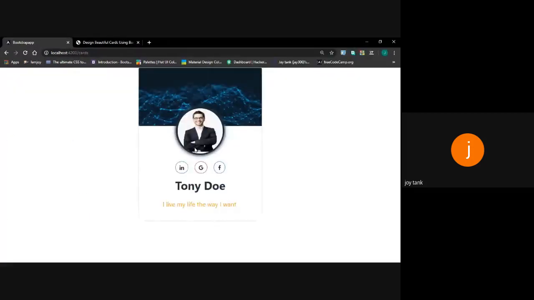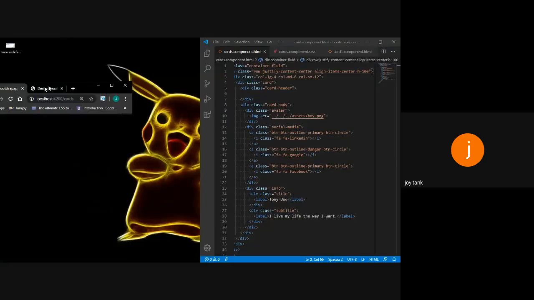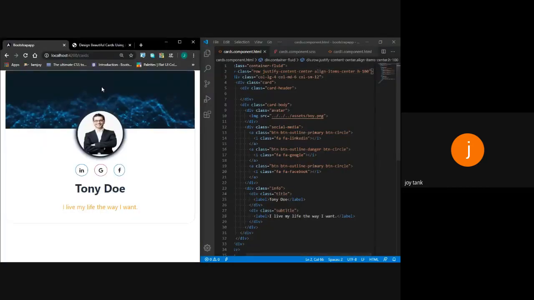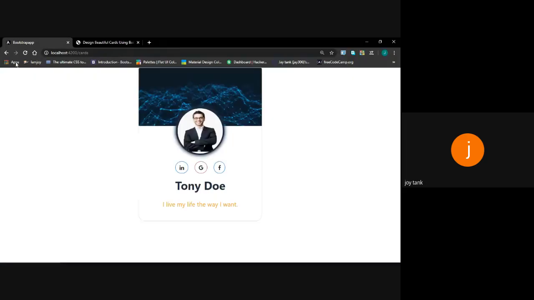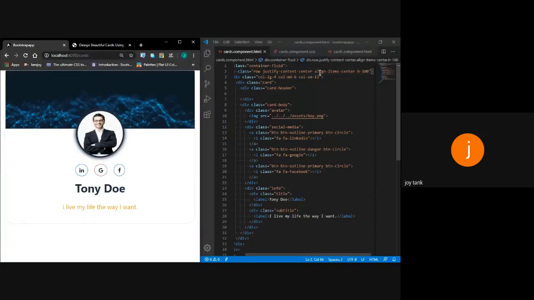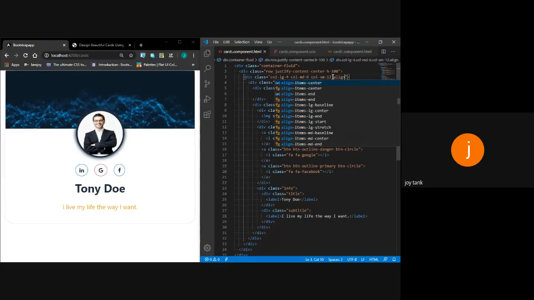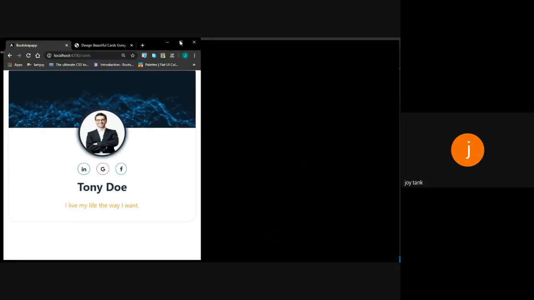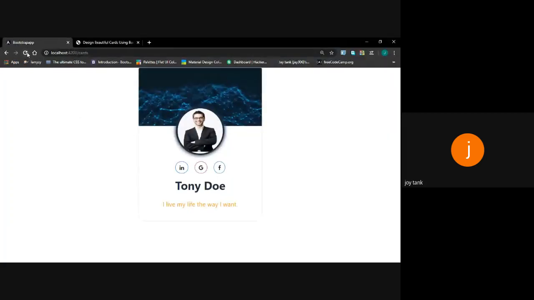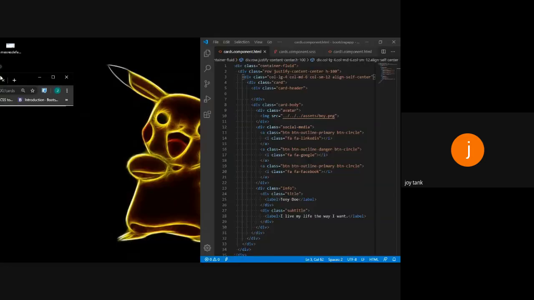This indicates that you are placing the card in the center. Okay, got the mistake.